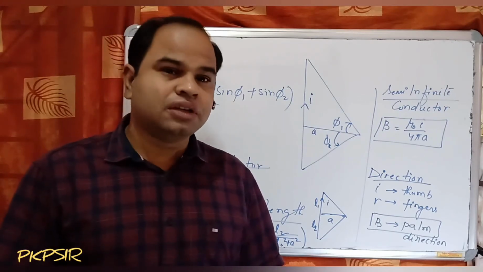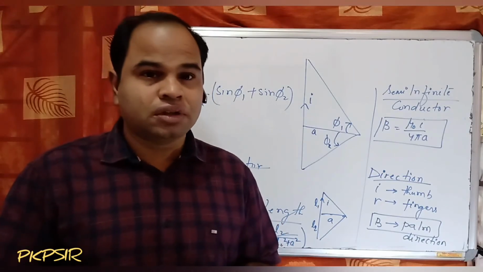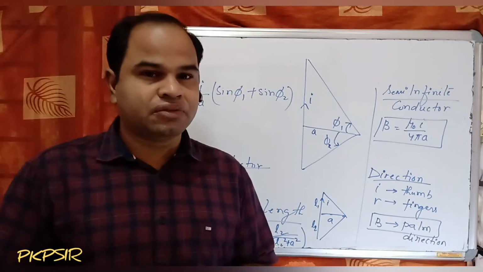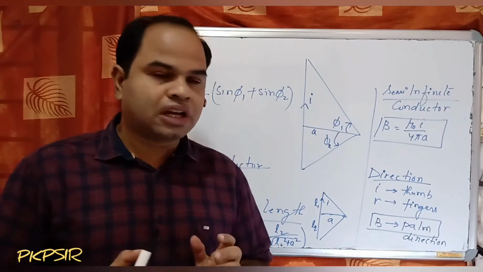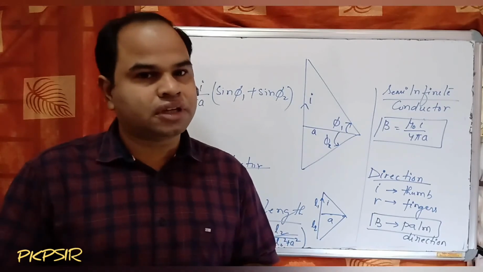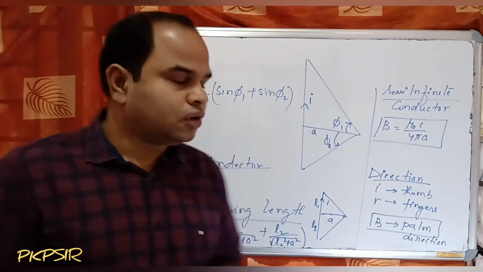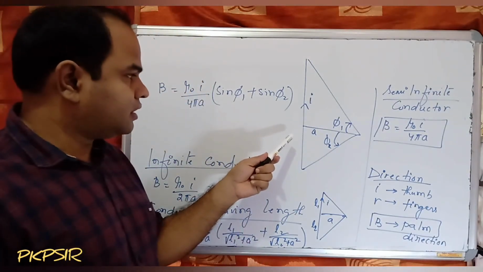Today we will practice some questions based on the magnitude and direction of the magnetic field near a straight current carrying conductor. Last class we did the derivation; let us revise it, and after that we will start the questions. If a straight current carrying conductor is there